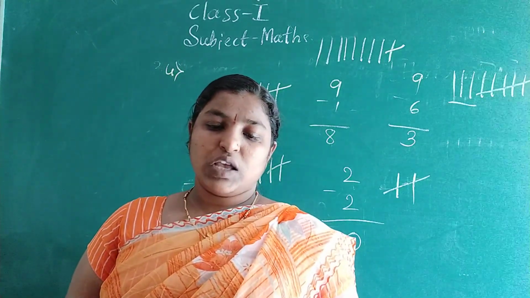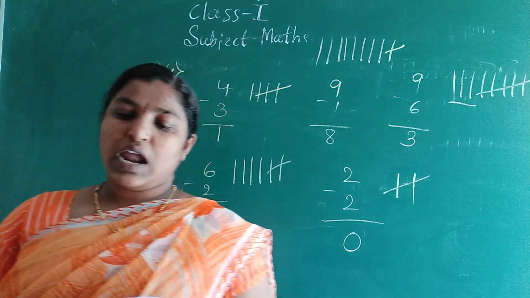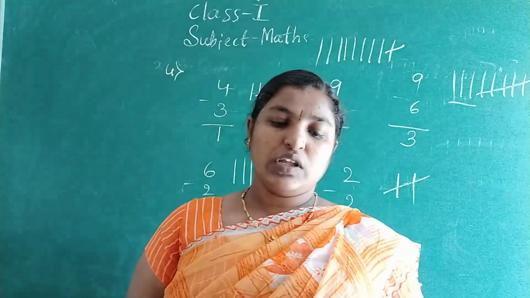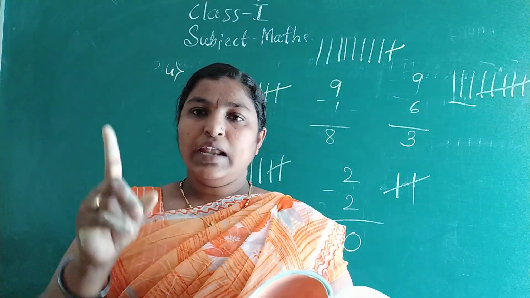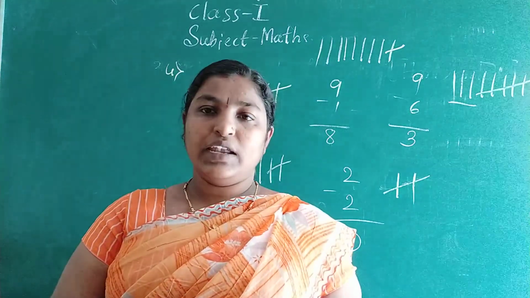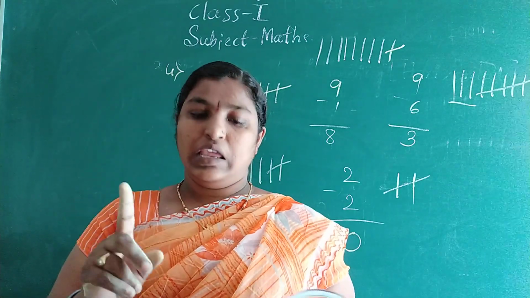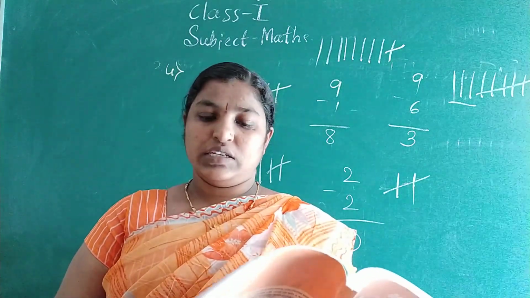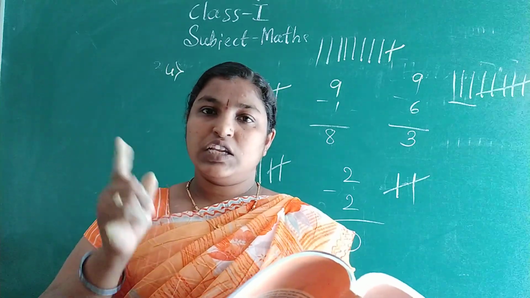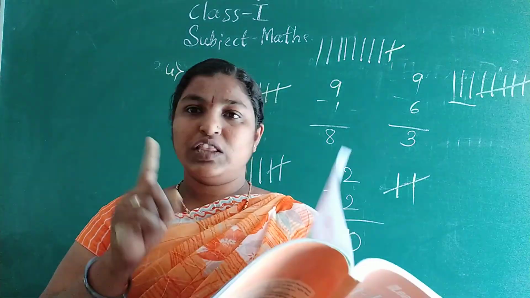Project work. Solve the sums, look carefully at the answer and color the picture according to the given codes. Okay. 6 plus 1. If 8 is the answer, so 8 has to be colored with green. 6 plus 2, 8 has come. Again you should color 8. 7 minus 5, the answer is 2. So 2 is colored with blue.